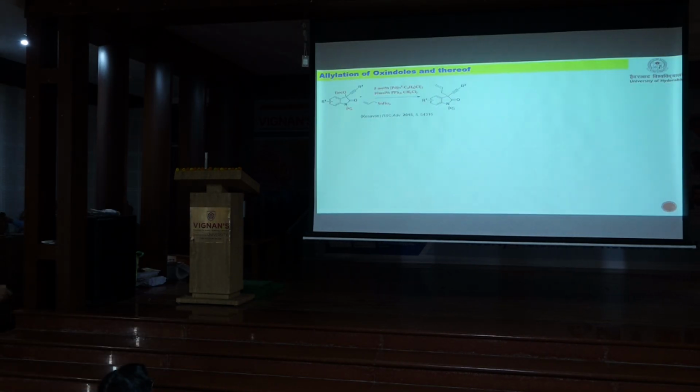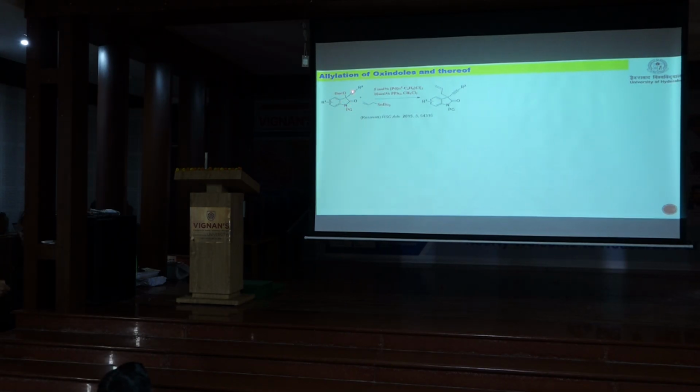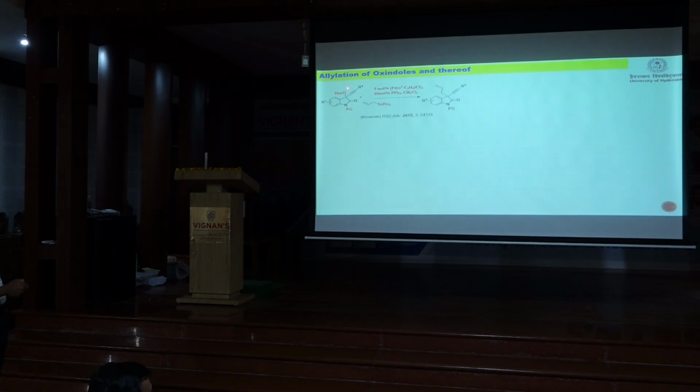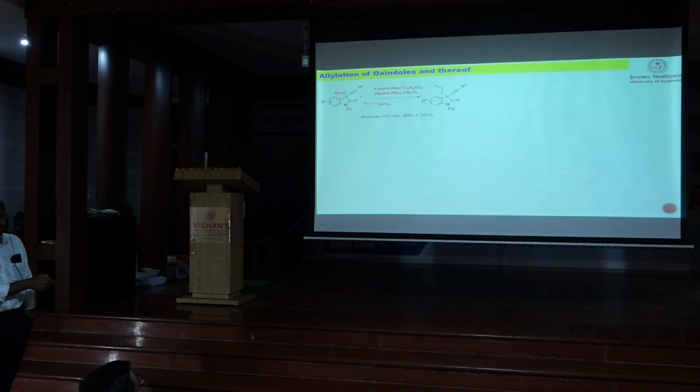In continuation, at some point, we were looking at a different type of propargyl alcohol, and this reaction came across where the allylation on these systems has been performed using a palladium catalyst, where they have protected the alcohol, activated the alcohol with Boc, and nitrogen has been protected, and allyl tributyl tin was used.